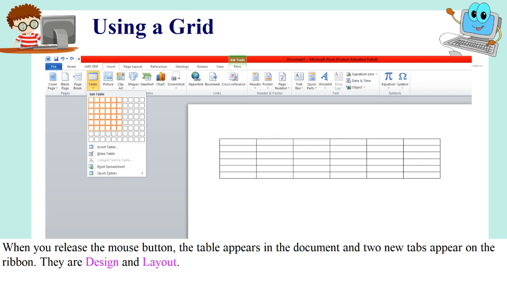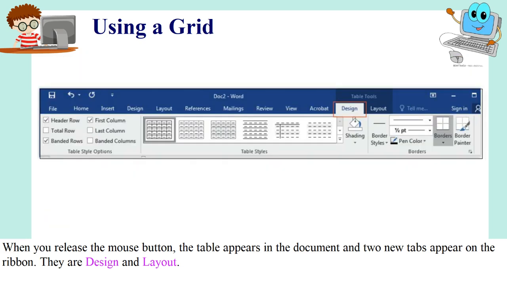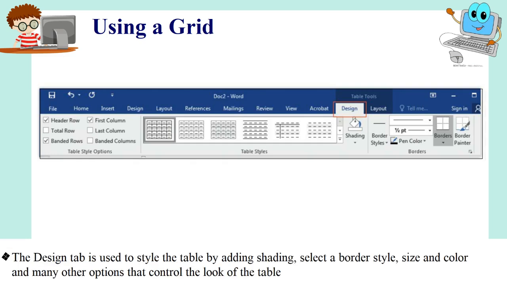When you release the mouse button, the table appears in the document and two new tabs appear on the ribbon. They are Design and Layout. The Design tab is used to style the table by adding shading, selecting a border style, size and color, and many other options that control the look of the table.